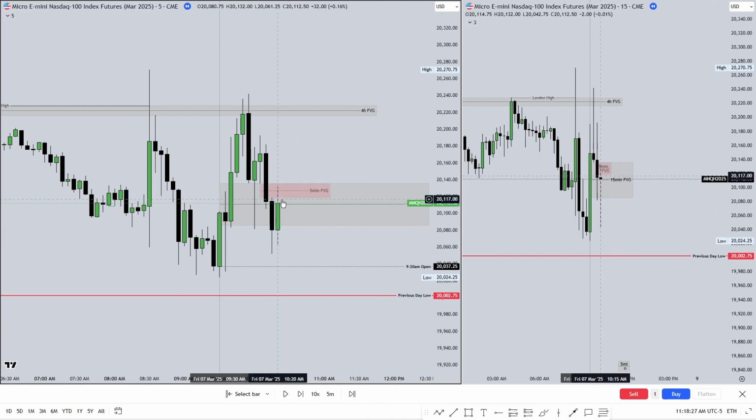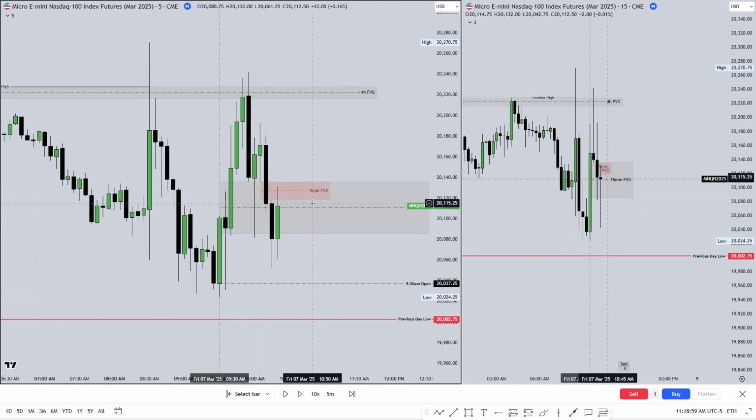Because if I took a short right here, it's too premature. Because what we could do is blast right through this 5 minute fair value gap, and then this 15-minute would have ended up holding. And at that point, it's like, why did I short that? We were still holding that 15-minute, right? I need to see this start to reject right here and look for my model on the lower time frames that's going to tell me that there's a really high probability that this 15-minute candle is going to close below the fair value gap.